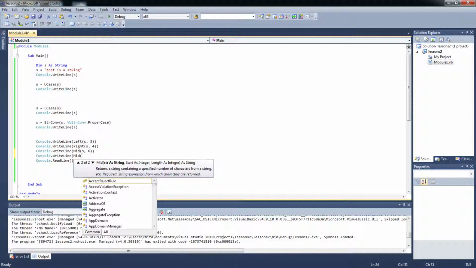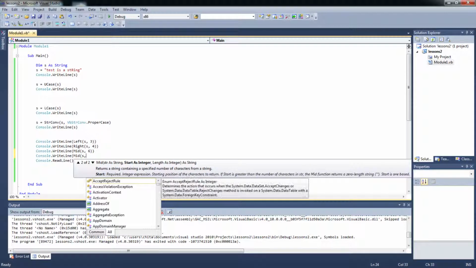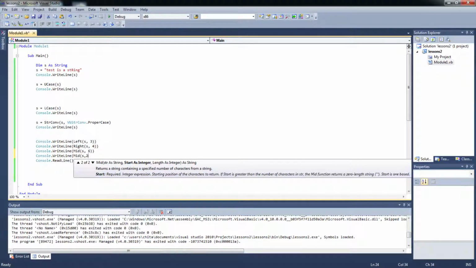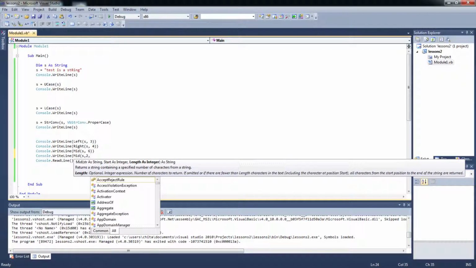What we do is first the string, which is S, then the start integer, which will be 2, because we want the second character, all the way to the second to last. So we will be only excluding the first and the last character. So we're going to use another function. We're going to use a function within a function. And what we will be doing is len,